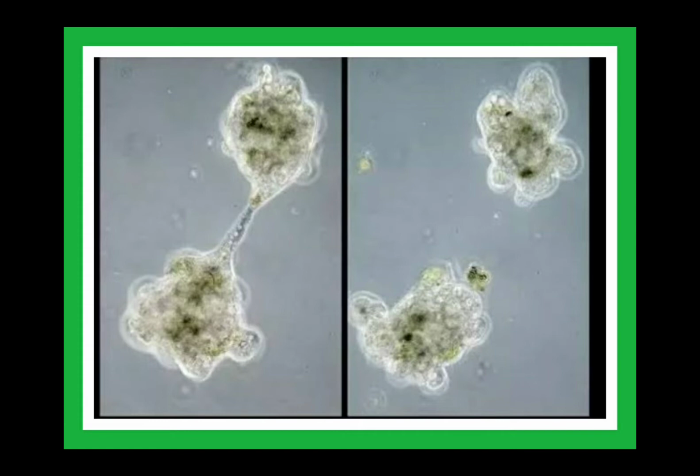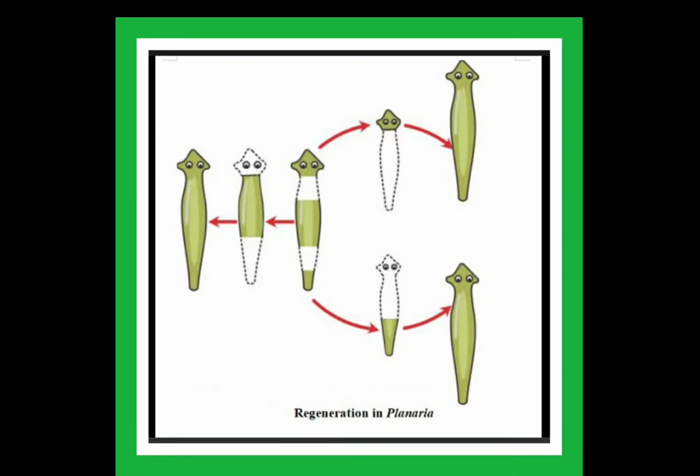Here we can see an amoeba dividing, meaning it is growth, cell division is occurring. But afterwards, if you see, it has become 2 amoebae, meaning it is reproduction also. So that's why we say in unicellular organisms, growth and reproduction are inclusive. Planaria shows a type of asexual reproduction called regeneration. If you cut the body of the planaria into many bits, each bit can regenerate the lost parts. So this type of asexual reproduction is called regeneration.